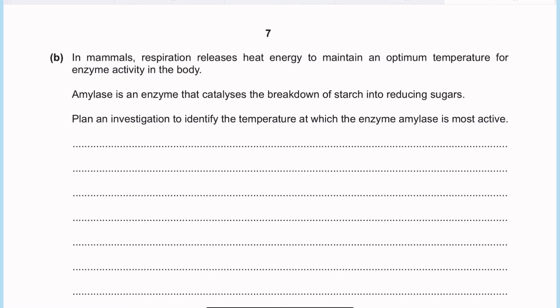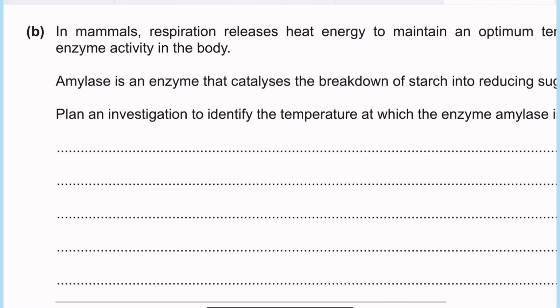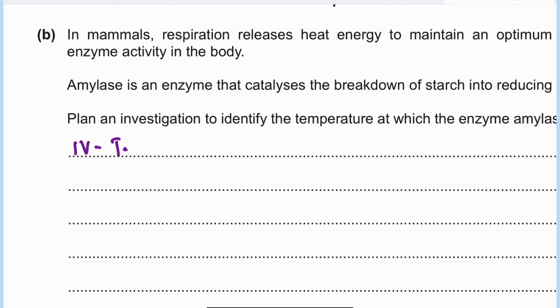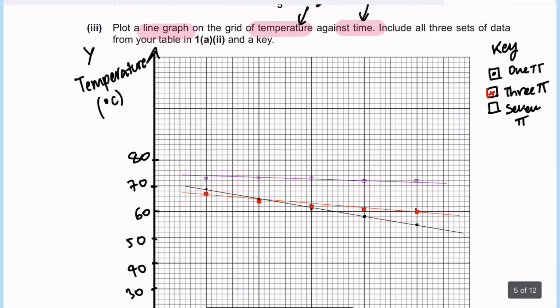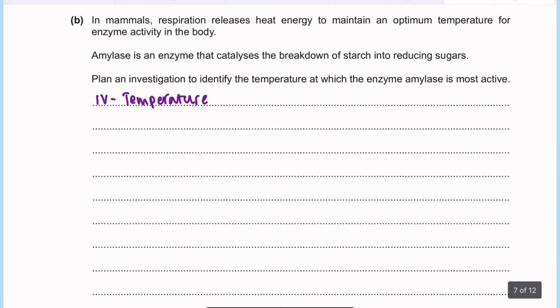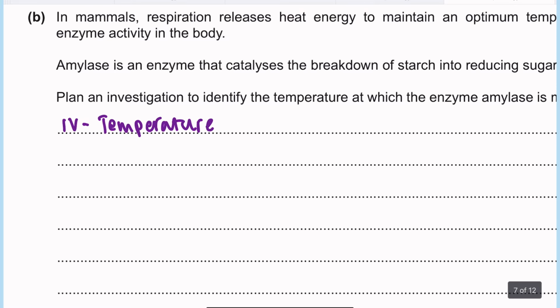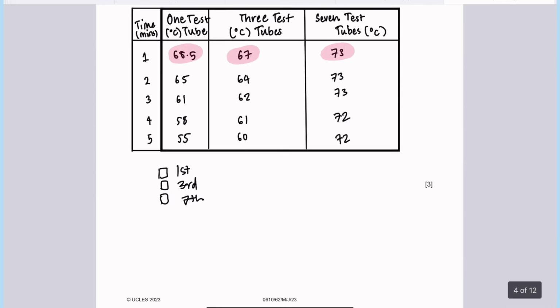Okay, so in mammals, respiration releases heat energy. First thing you can start by doing is listing the independent variable. Now don't write it as IV, write it as independent variable. Independent variable here was temperature. For instance, I would give an example as well. So I would say something like,